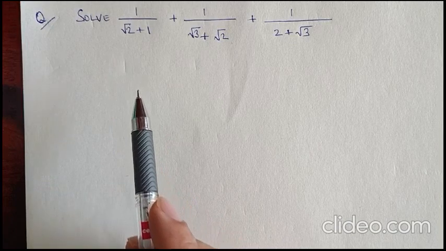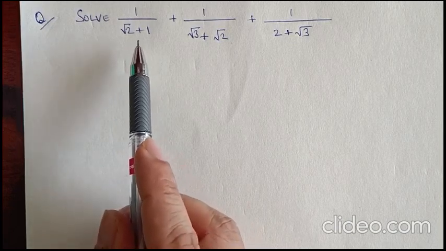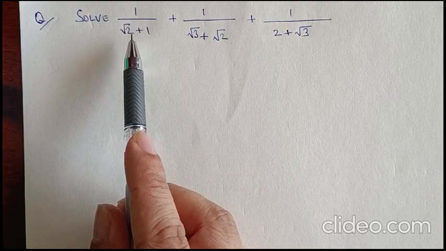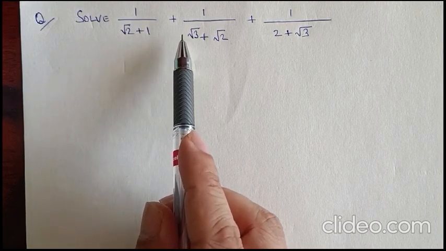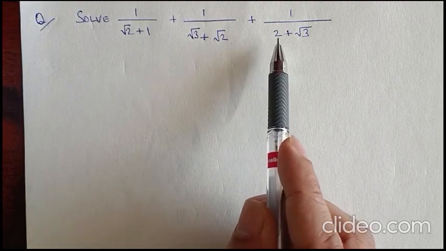Today we will solve two problems. The first one is like this. Solve for 1 by root 2 plus 1, plus 1 by root 3 plus root 2, plus 1 by 2